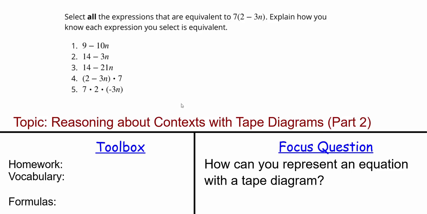So the first question is: select all the expressions that are equivalent to 7 times the quantity of 2 minus 3n. Explain how you know each expression you select is equivalent. So there's a couple ways of doing this. First way is we can use the distributive property. And if you remember, the distributive property is